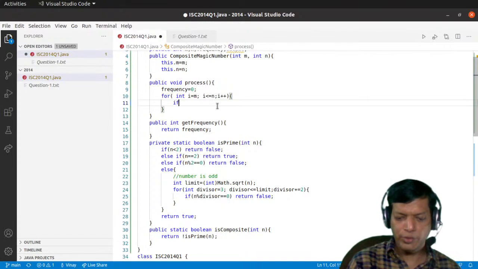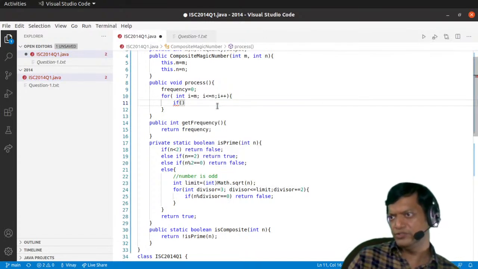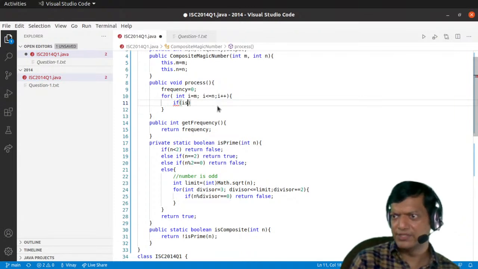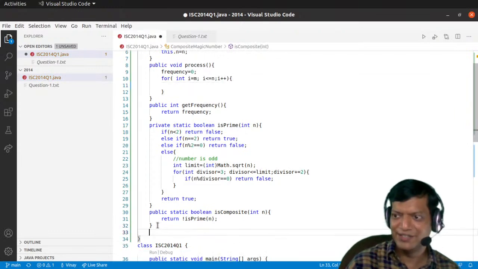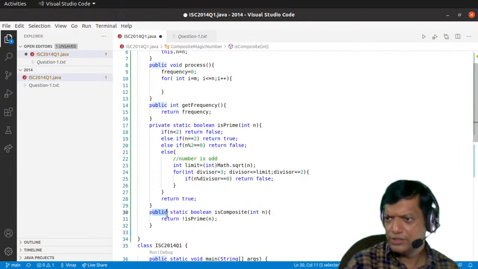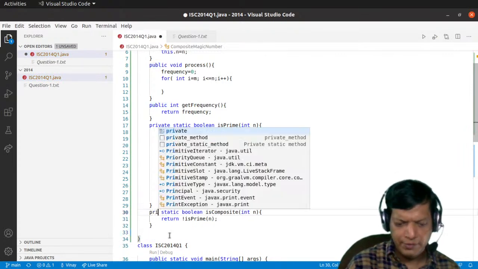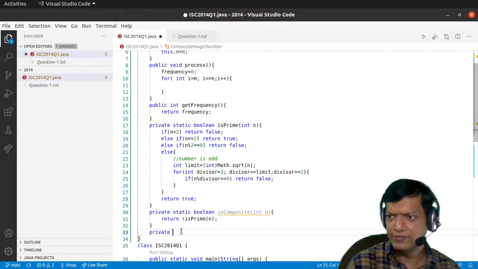So now what I was saying is that we can check for prime first and composite later, or composite first, prime later. But what we'll do is check for the magic number thing first. We haven't defined isMagic. We have to define isMagic also, which is actually just a one-liner using a new logic. So we'll say private. In fact, the other one should also be private. Why should it be available outside? So we say private static